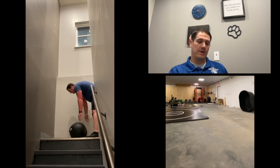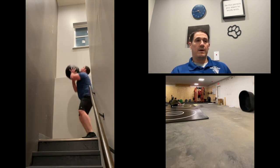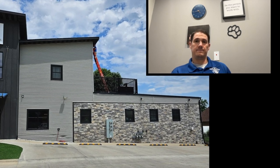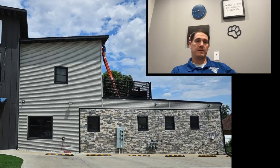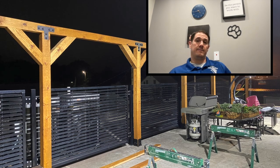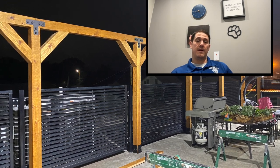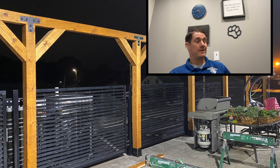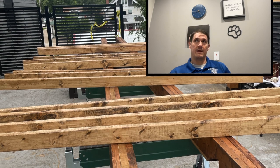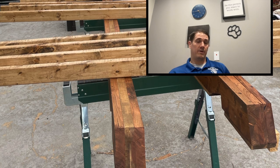I'll give you a good example, a recent example. Over the summer, we've got that deck area. I recorded a video out there, and it was just a deck up on the second story, and it didn't have a roof over it. I had been thinking, now I'd really like a roof over this, for a couple of years. Finally I was just like, well, why don't I build this roof over top of this thing? I had gotten into good enough shape at that point where I'm like, yeah, I could probably handle that. And there's some 6x6 20-foot long